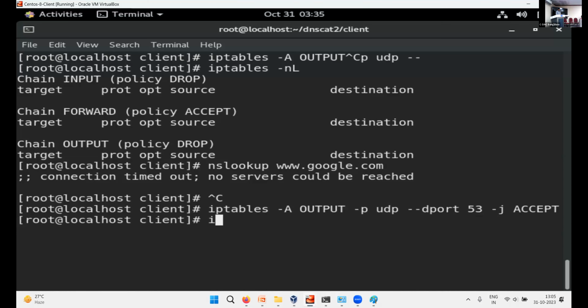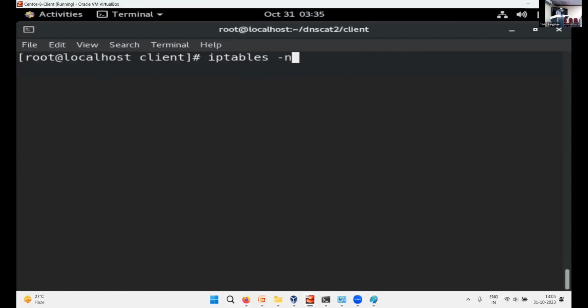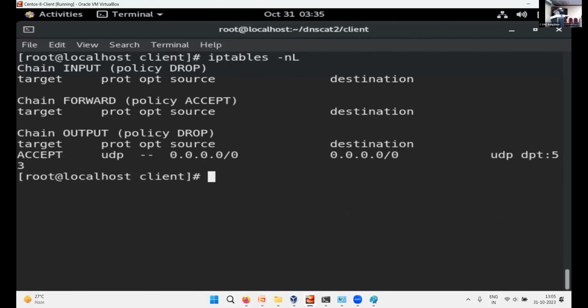Now again, if I look at my iptables, you see that one rule is added, outgoing. If I send a DNS query, I should get a response, but the incoming response is dropped by default. So incoming DNS should also be allowed, the response should be allowed. So I'll add one more rule: iptables append INPUT -p udp --sport 53 -j ACCEPT.